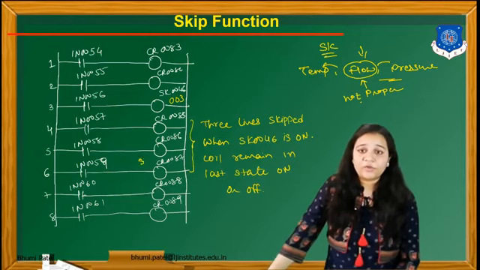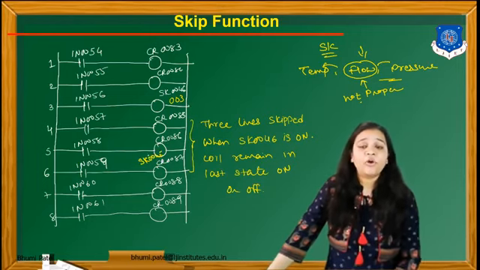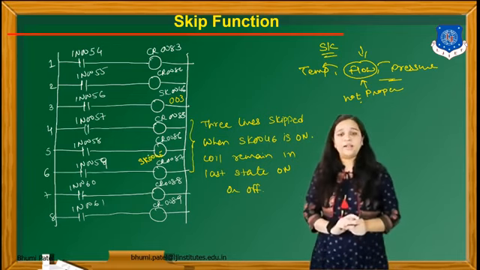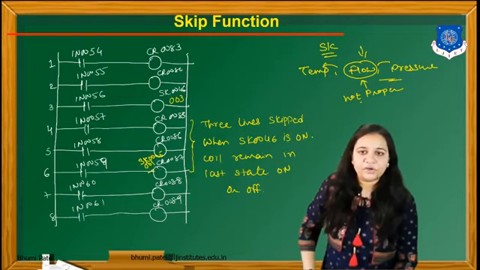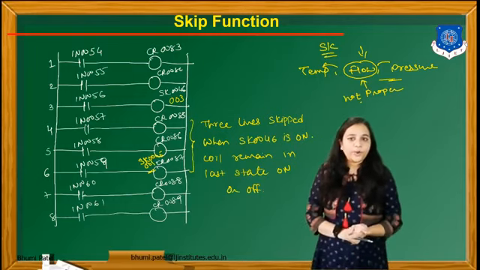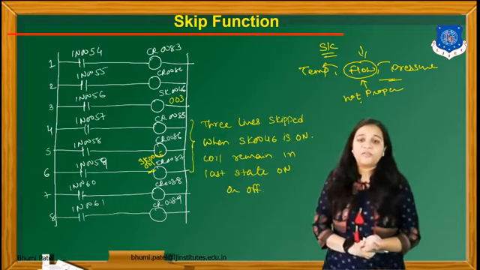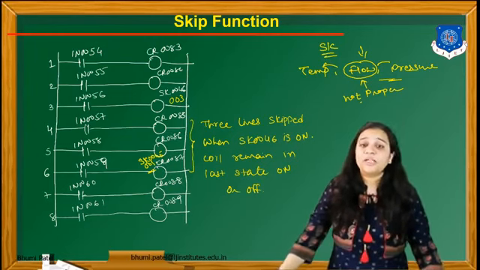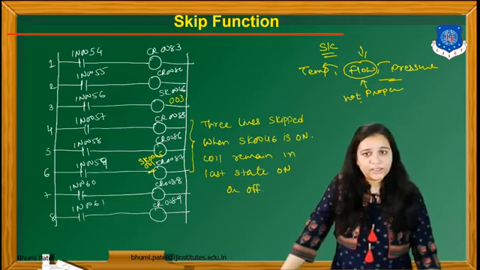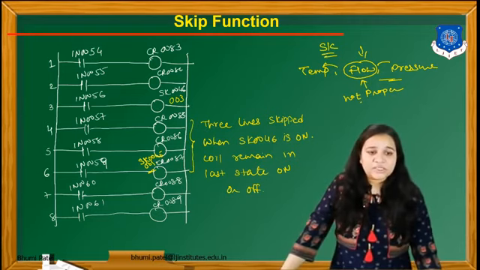So here we have to write skip, suppose 0045, and we want to skip only one line for this particular program. So we have to write the number 001. The number is important for this skip command. Whenever you write the number 003 or 001, it will skip that many lines. So this is all about the skip function.